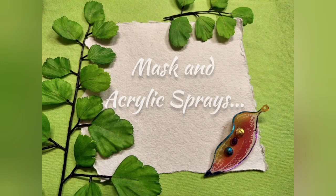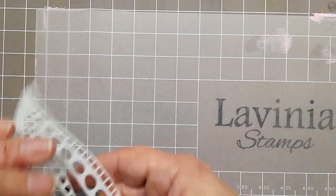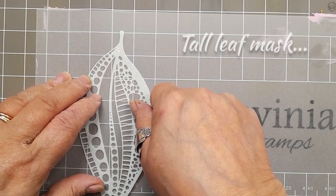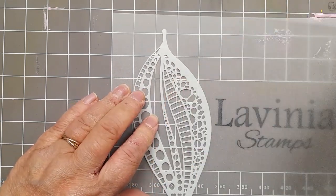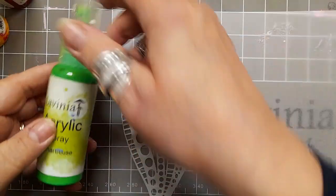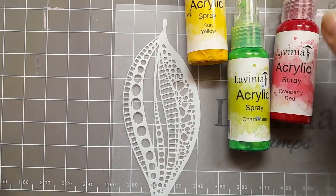I'm using shrink plastic today. So I'm going to use a leaf mask. I'm working a bit far over there. Let's just take this a bit far to here so you can actually see what I'm doing. Please excuse the rain. So there we go. So I'm going to hopefully be using these sprays. Okay, and I'm just going to spray them